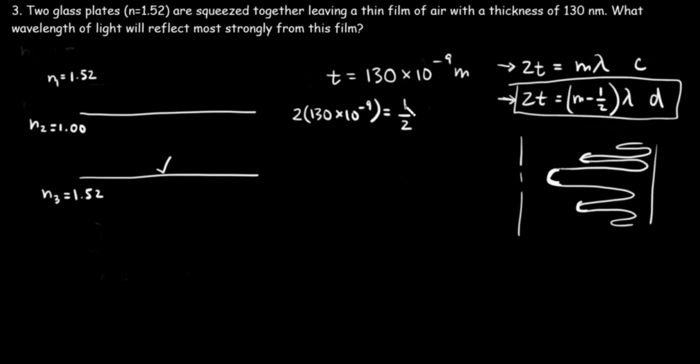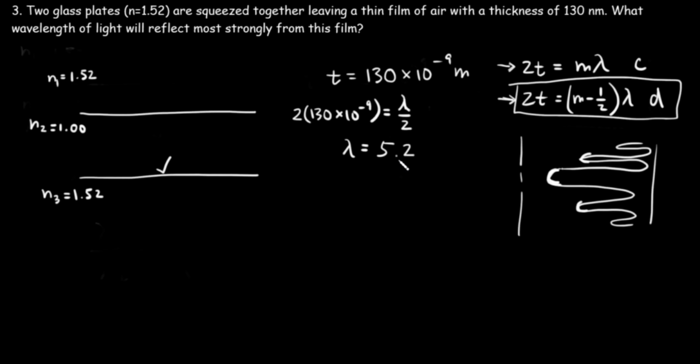So actually we can just replace the 1 with lambda. And then to get lambda, you multiply both sides by 2. So just doing this quickly, it's going to be 4 times 130 times 10 to the negative 9. And you get